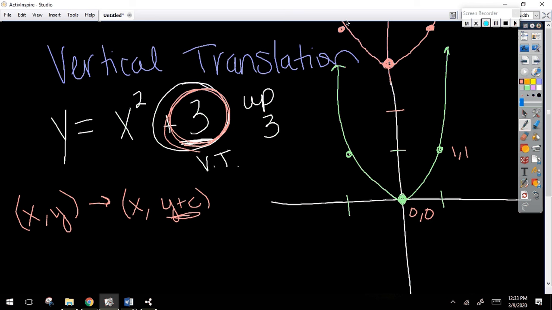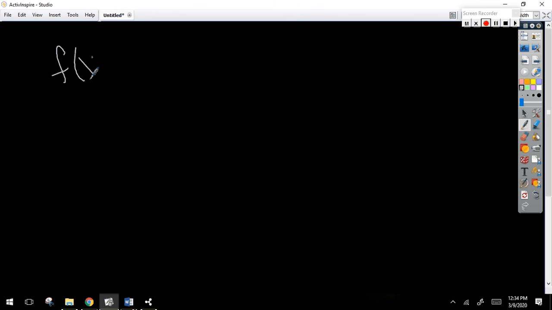So this graph, which is ridiculous, and I'm sorry, is just that same green parabola, but it just slid up. Everything slid up 3 units because it's a vertical translation. Does that make sense to you? Any equation that you have, any equation in the whole wide world, it doesn't matter what it is. This is why function notation says f of x plus c. It doesn't matter what you have. Whatever that picture is, whatever that graph is, if you just tack a number onto the end,